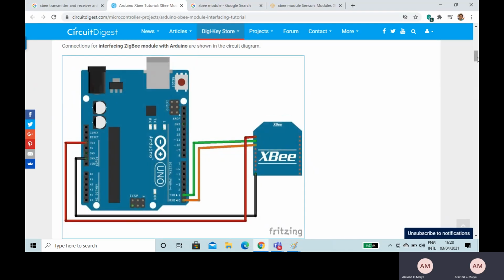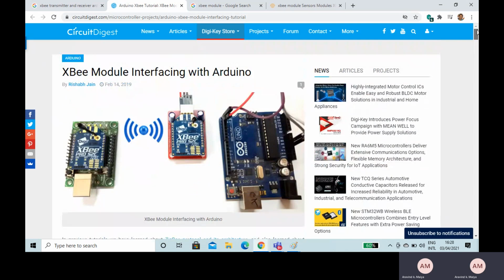What about the receiver? See, for a receiver connection, there is nothing. As I told you, in a receiver setup, you are directly connecting it to the computer. If you see here, can you see this is an XB? You cannot see the wire here, it has gone, but this XB is connected to the Arduino. While you see this one, this is the XB receiver. The receiver is directly connected to the PC.